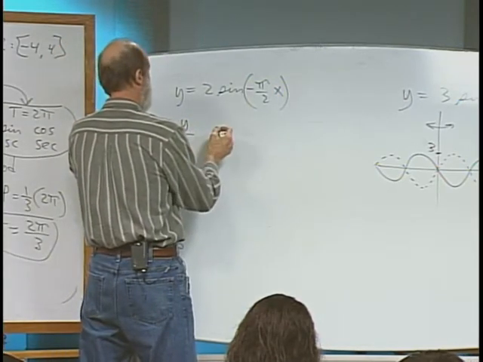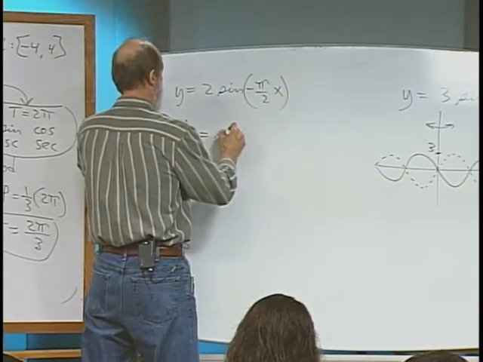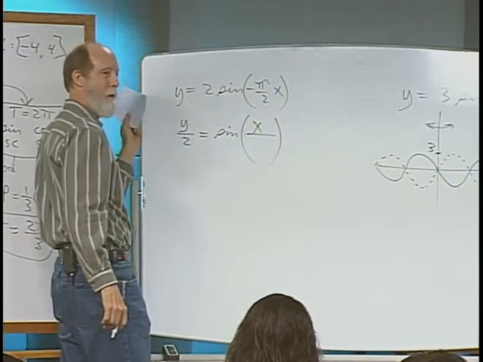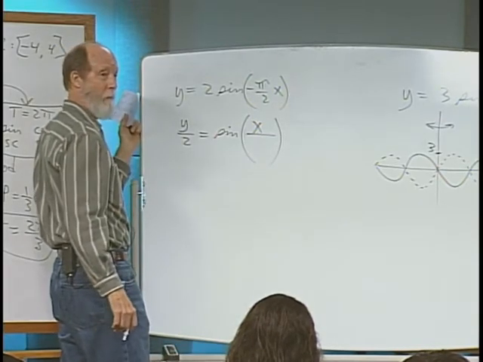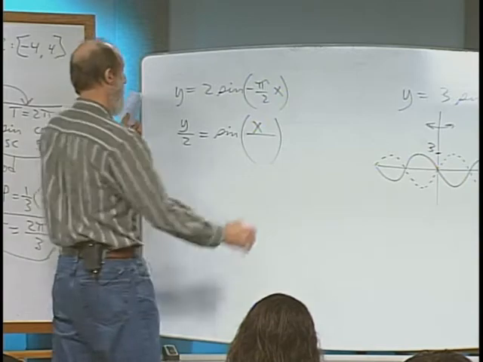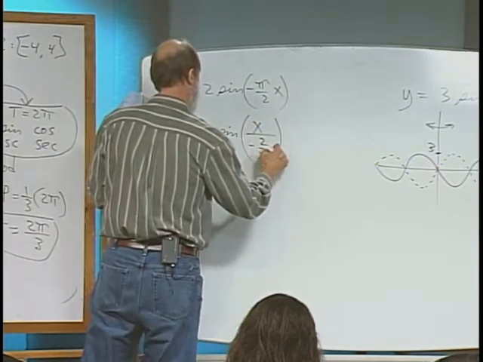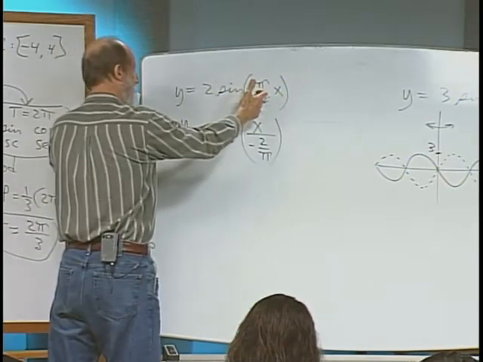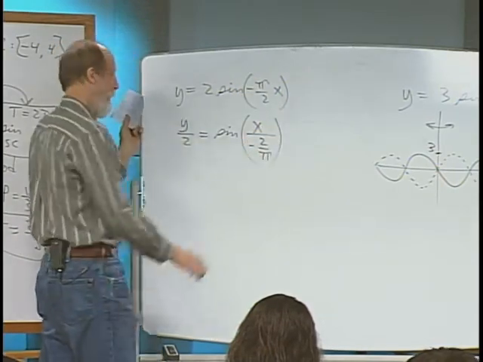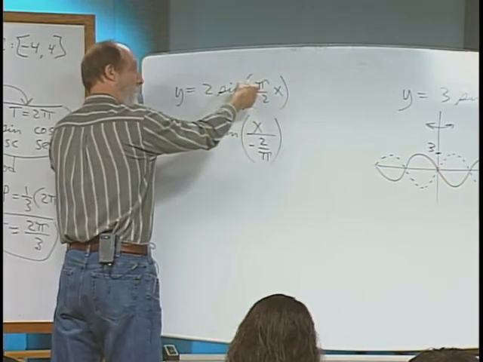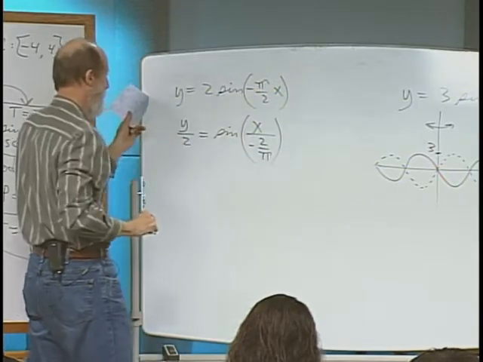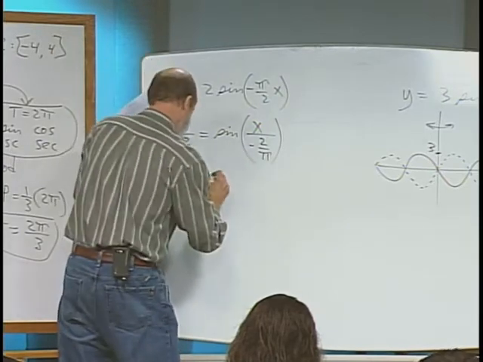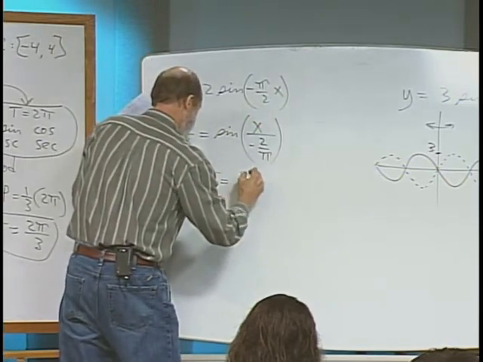Y over 2 equals the sine of x over what? In the transform form? Negative 2 over pi. Right? Take this down below as the reciprocal. Invert and multiply brings it back up like the original. Okay? So the period, one thing they didn't show you in the book is the period, the formula they gave